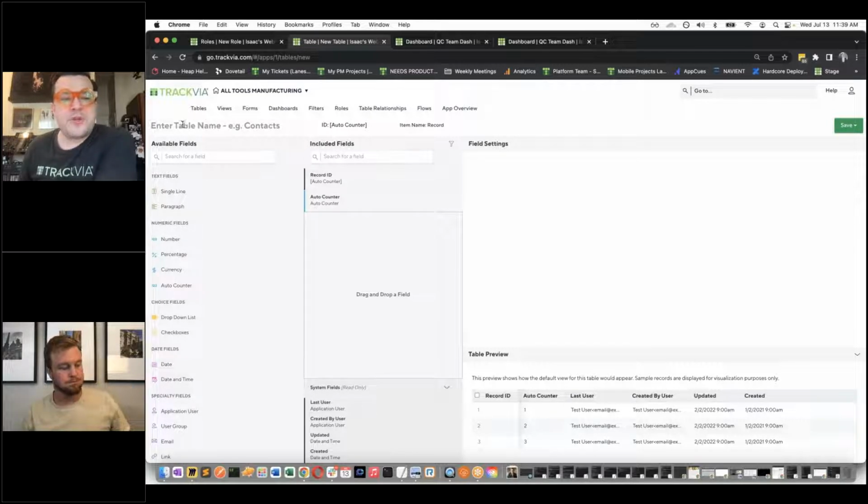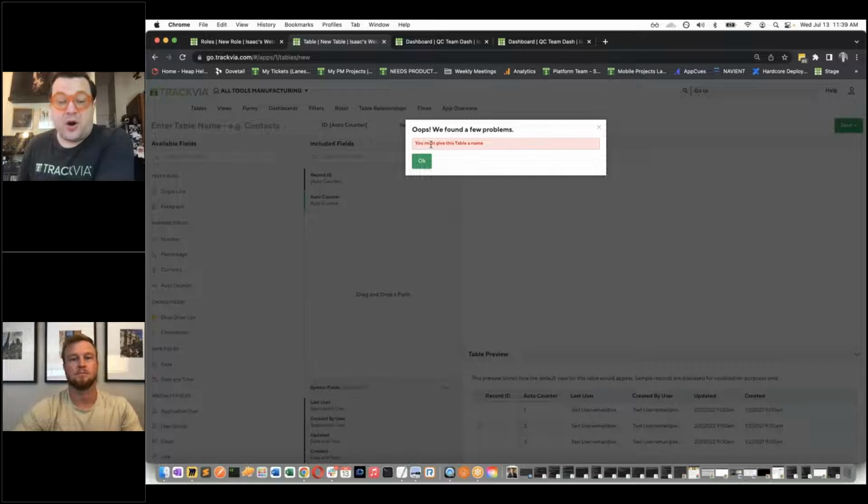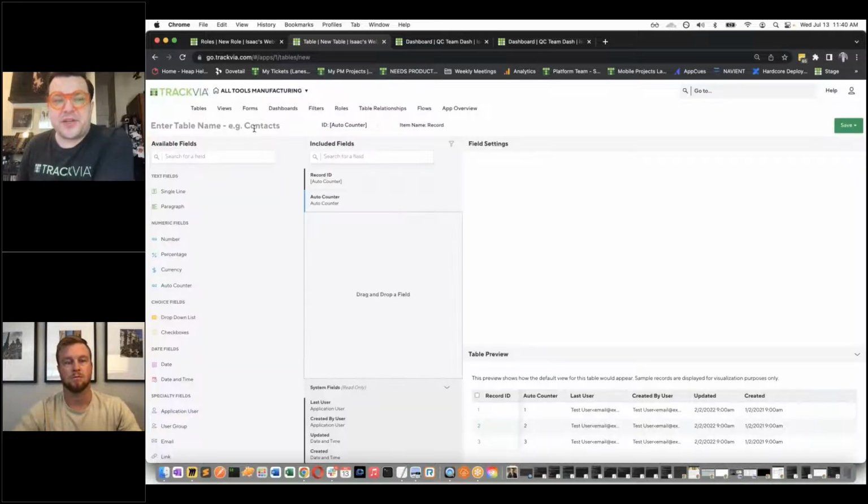So first and foremost, this is a small one, but I think it's really good for us super admin to know. We are no longer pre-populating a table name called new table when you build a new table, and that means that you are always going to have to explicitly give your tables a name. This is nice because we were seeing some novice admin frequently save tables just called new table in their account, and that's not really helpful, kind of confusing. And so we're going to have to go ahead,